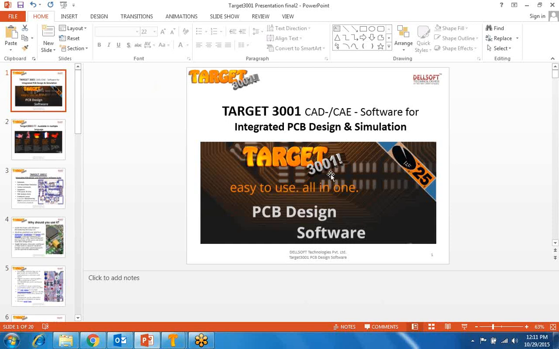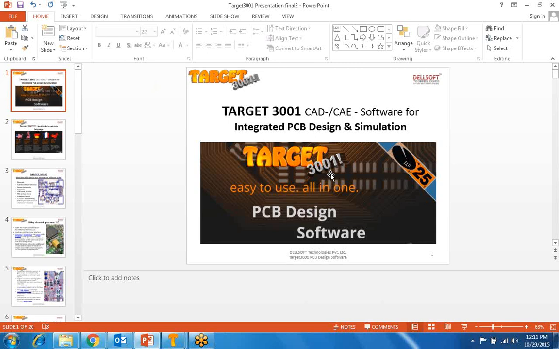There are 3 to 4 parts in which we can categorize these softwares. First is schematic, in which we create the design and draw the circuit. Then there is simulation, in which we analyze this circuit. Then there is a layout portion, in which we create the layout of that circuit. Then we go to the 3D view. Then the manufacturing process, in which we can take a printout of the Gerber file, or we can create a file format for any CNC machine. So these are the processes which are available in this software.